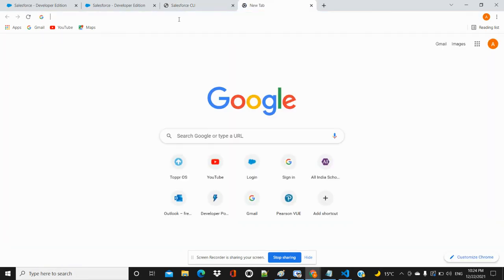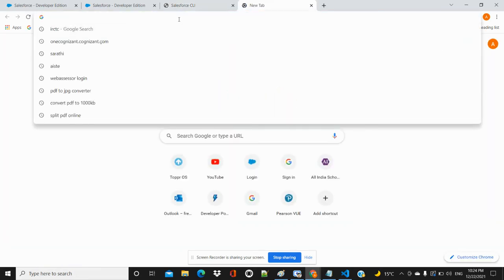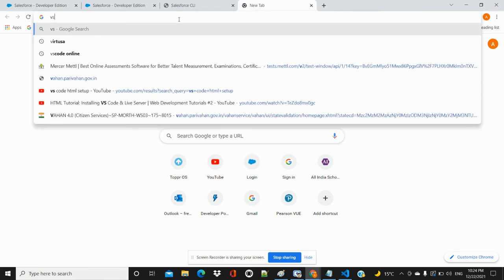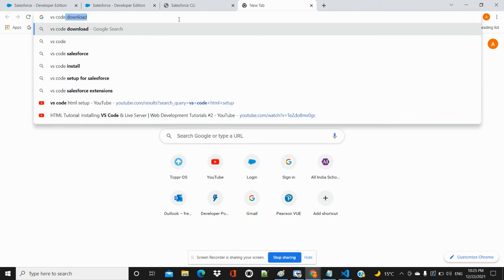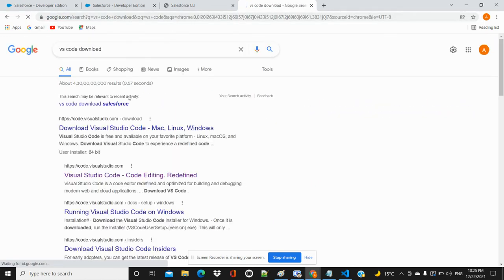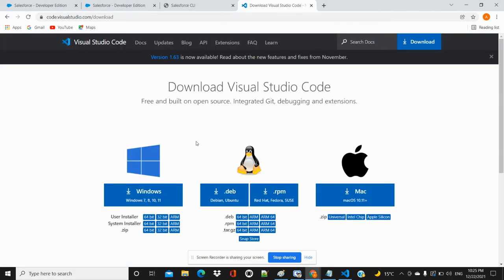Second, once you install Salesforce CLI, you need to install VS Code. You just type VS Code download and this is the first URL. You can see the Windows tab and Mac.